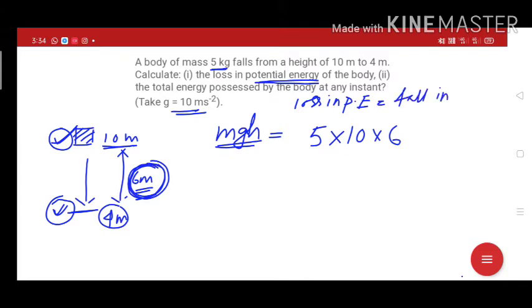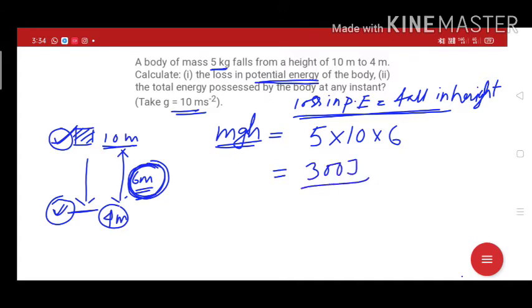We have studied it in an earlier video. If you have not, then go for the videos in the playlist. We proved it over there, that loss in potential energy means fall in the height. So here the fall in the height is 6 meter, so we are just going to calculate it directly, and that is going to be 5 into 10 into 6, that means 300 joule. So there will be a loss of 300 joule because the body is falling from 10 meter to the 4